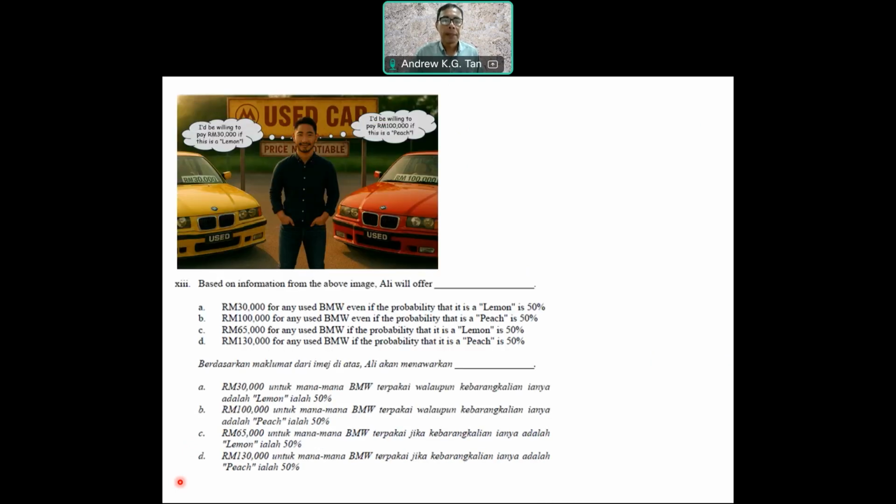Number 13, based on the information from the above image, Ali will offer what? Here, Ali will be willing to pay 30,000 if this is a lemon. Both cars are the same, but if it is a lemon, he's willing to pay 30,000. If it is a peach, he is willing to pay 100,000 ringgit. So based on the information from the above, what will Ali offer? He will guess that